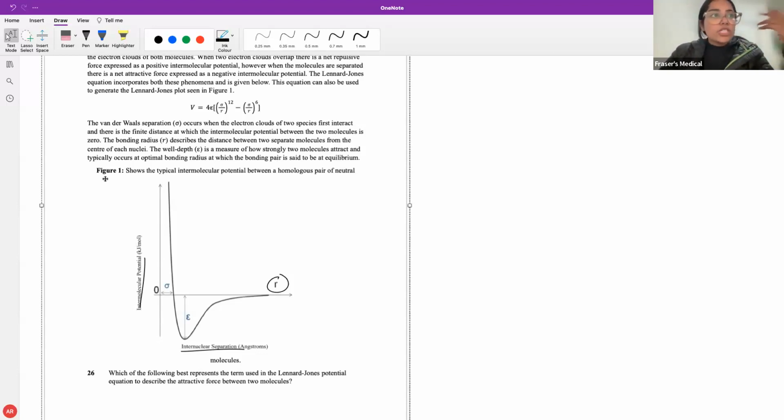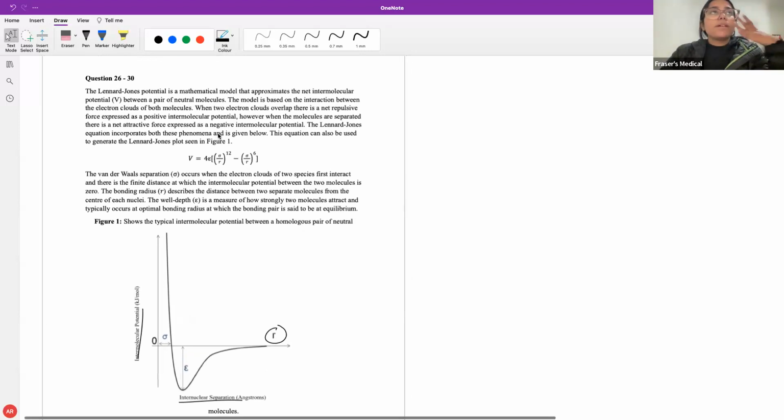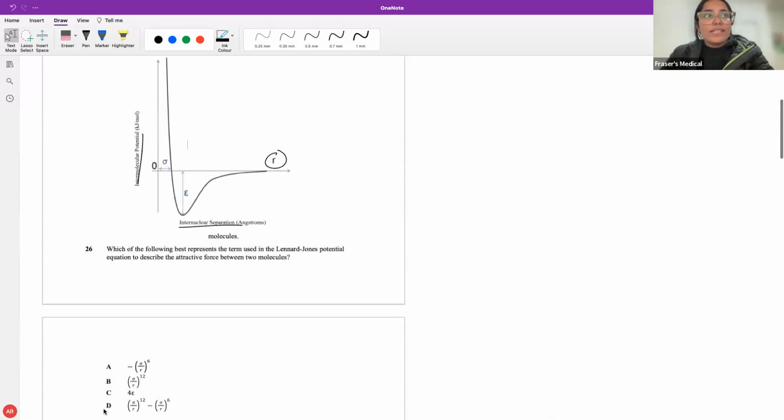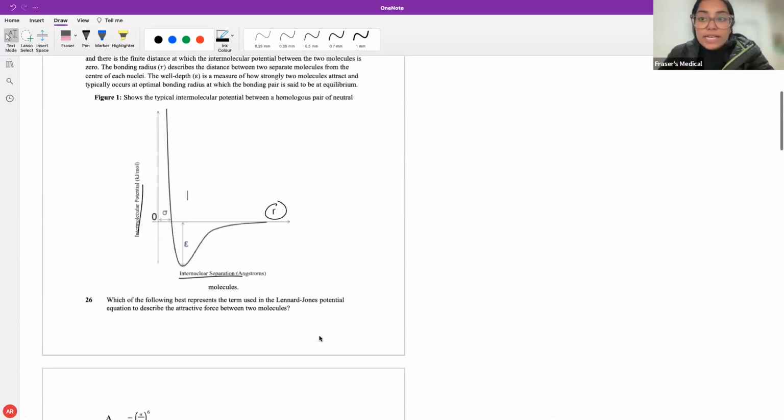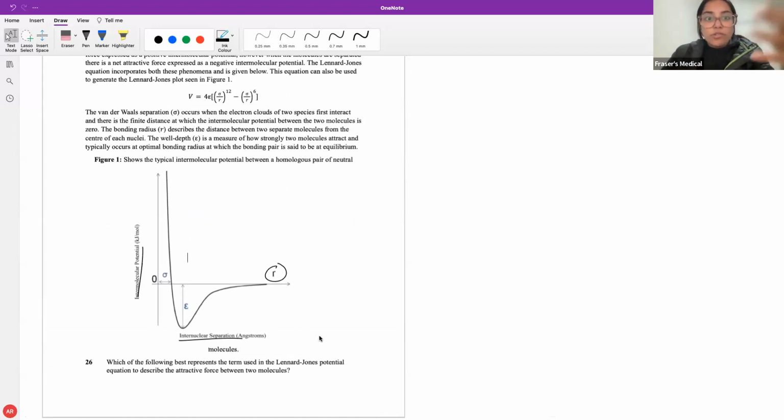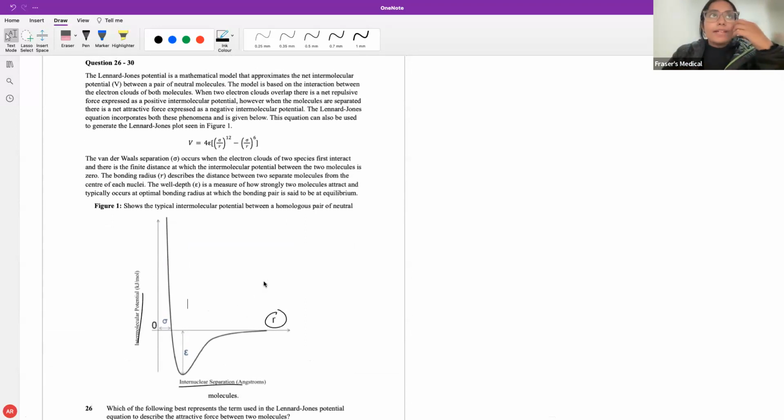Just another thing as well. Oftentimes when you see a stem like this, you're looking at it, going, this is extremely unfamiliar. This versus a stem about biological pathways, you choose the stem with the biological pathways any day. But knowing that this question was able to be answered within 40 seconds, whereas with bio questions, you're choosing through options, thinking through them, et cetera, which takes more time, right? So try not to have that bias when you look at a stem. Just go, oh yeah, this is going to be easy. Give each stem a fair go, and if it's getting difficult after you've read it and you're attempting the questions and it's not happening, it's fine, put down an answer and move on.